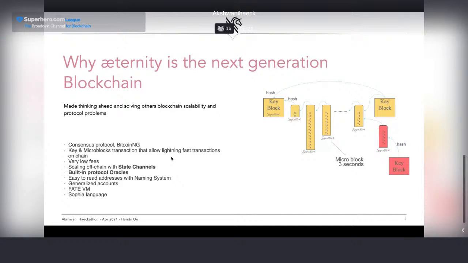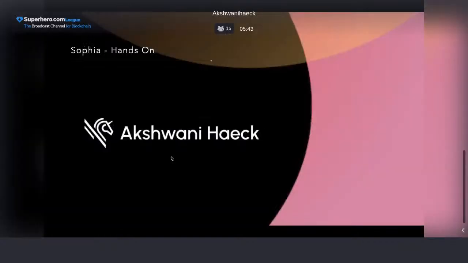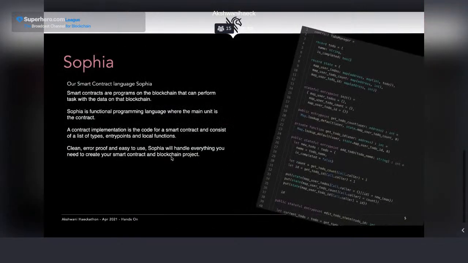More information about our Fate virtual machine, how we process, how the relation of the Sophia code with the base code of the virtual machine works, and of course the main subject for us today, the Sophia language. I like to do a practical approach, but it's very hard to do it without at least giving some points and some headlines about what Sophia is. And Sophia, of course, is our smart contract language.